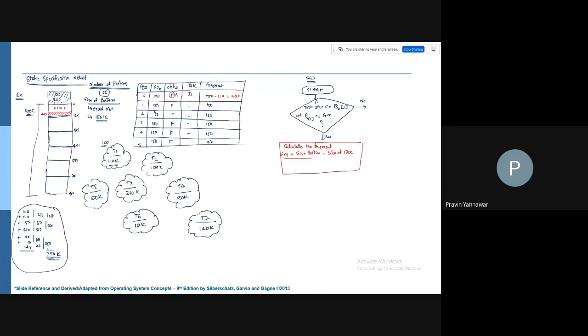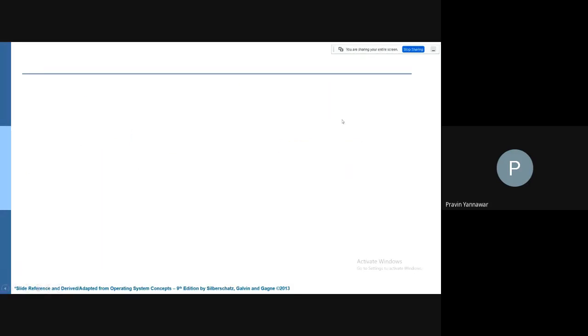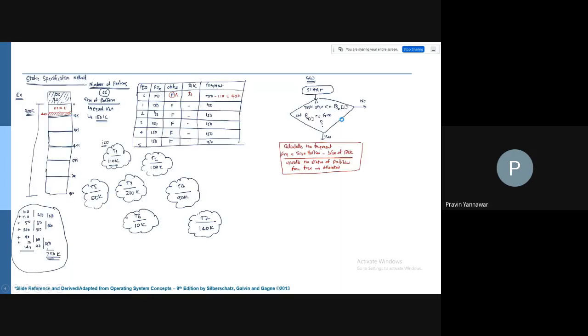Okay, so this is how the fragment is being calculated. Then we are going to update the status of the partition from free to allocated. So here the partition is allocated, the task is T1, and the fragment is 40k.